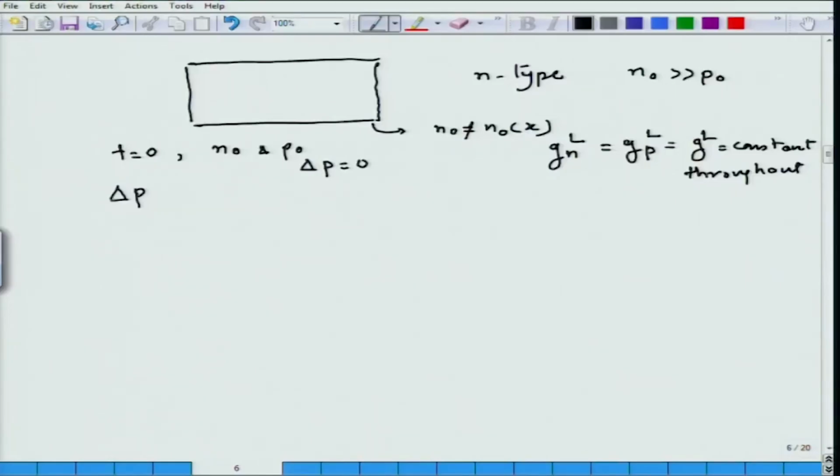At t equal to 0, I find a way to generate carriers, let us say photo excitation, such that at every point I am generating carriers at a constant rate, which is given by G L. I want to find out how delta p is changing as a function of time. This is what I want to find out, and I am going to use the minority carrier continuity equation to do that. So, I will use the minority carrier continuity equation for excess carriers, and this is for p here,